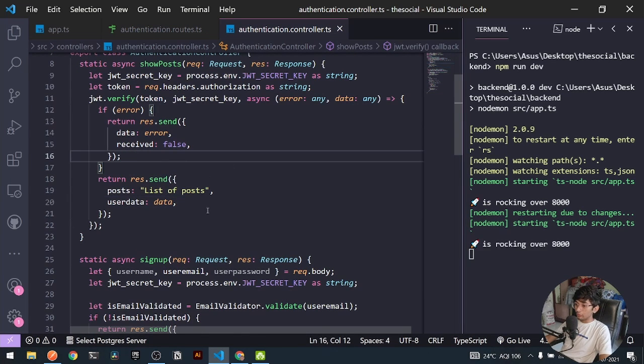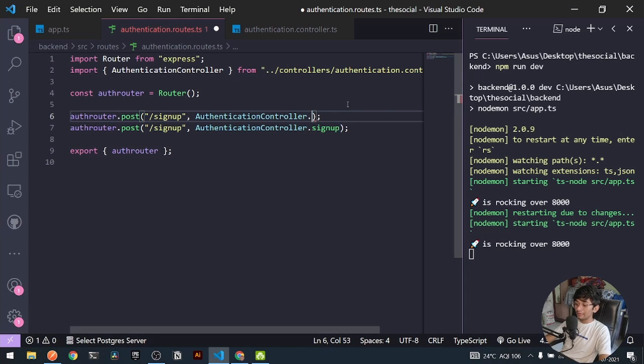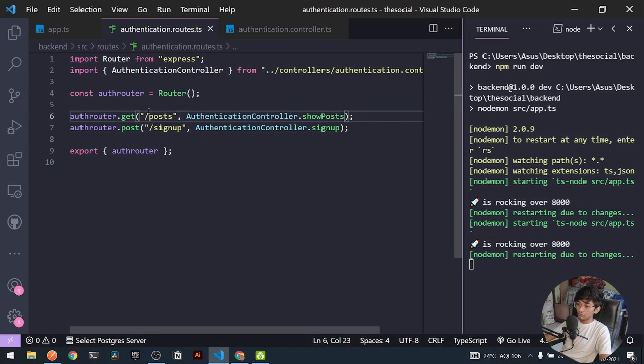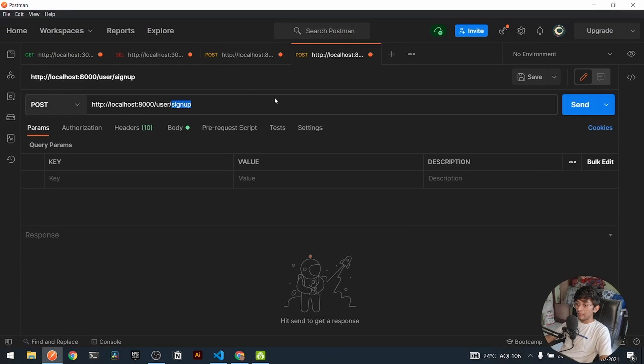So let's try it out. First of all, we need to go under our router. I can copy this method, and here let's say show post method, it will be a get method. So I can add a get method with an empty path, okay, add a path of post. So let's try it out. Awesome. So let's go back, let's duplicate the following tab, and here I can add a path of post.